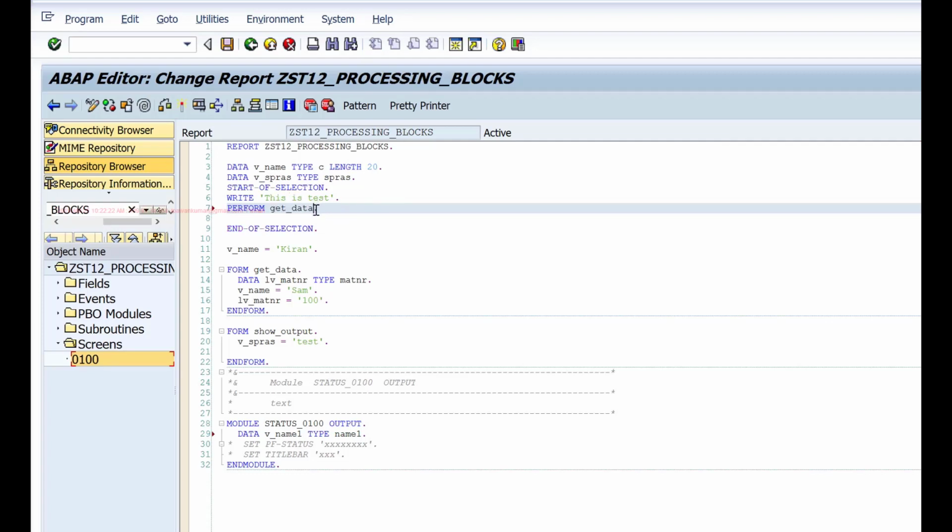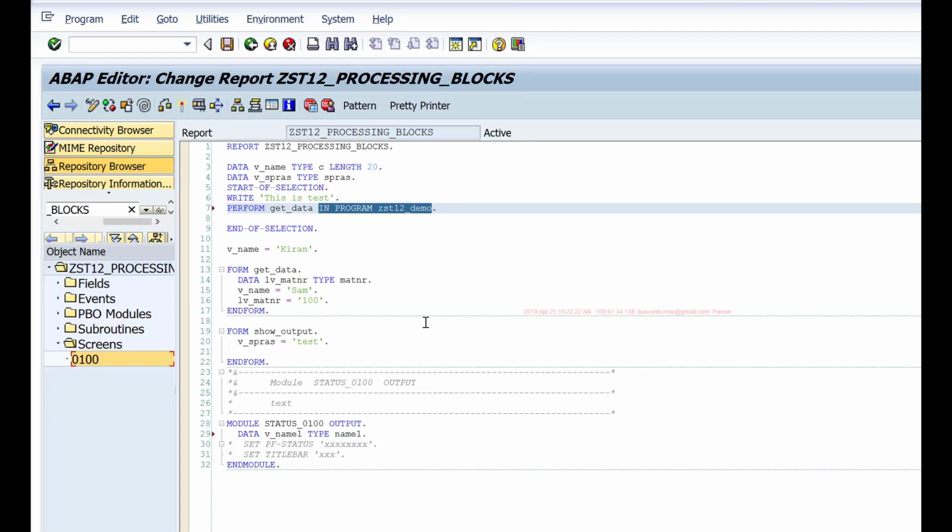And if this subroutine is maintained in another program, and if I want to call it externally from this program, then I'll say PERFORM get_data IN PROGRAM and the program name. So whichever program the subroutine is maintained in, you can give. If you ignore this addition, then it will look for that subroutine within the program. But if I say IN PROGRAM and give the program name, then it will look for that subroutine in that particular program.